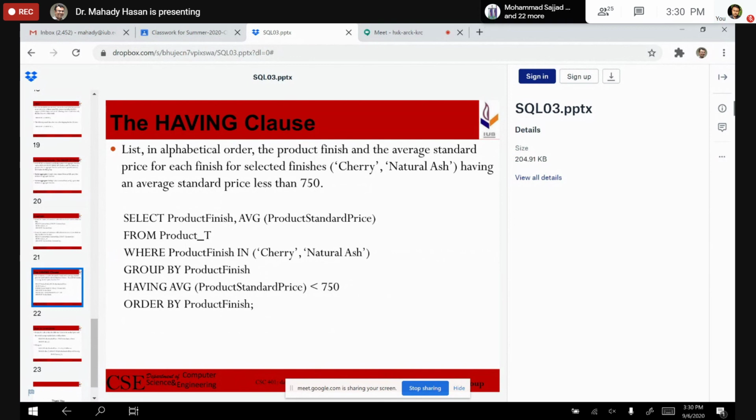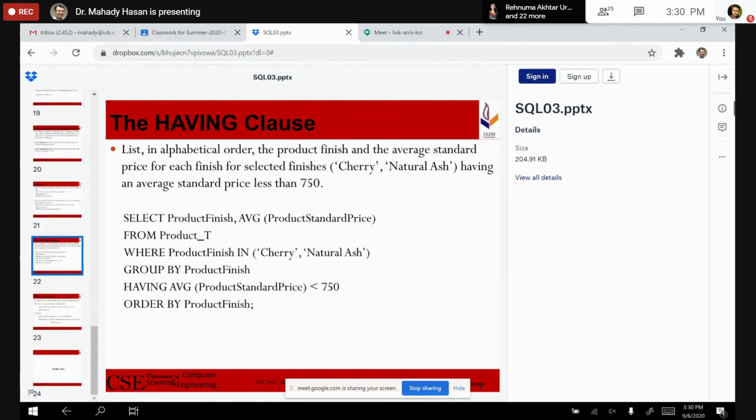We have done that. So this is basically a combination of in, group by, having, and order by, because we want to list in alphabetical order of product finish. That's why it has been ordered by product finish. Is it okay?